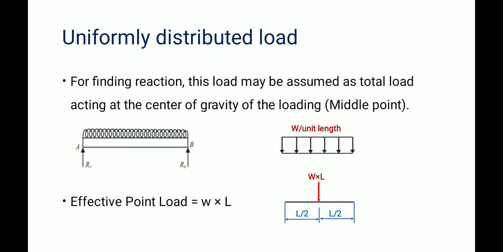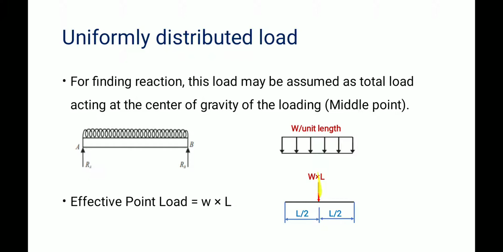So where do we have to put this point load? This load is acting throughout the length. We have converted it into a point load which has a magnitude W into L. Where we have to put this point load means we have to put it at the middle point. Then only the calculation becomes correct, right? So we have to put it at the middle of the length of the uniformly distributed load. Throughout the length L meter distance, middle means L by 2 distance. L by 2 from the right end, and from the left end L by 2 distance.